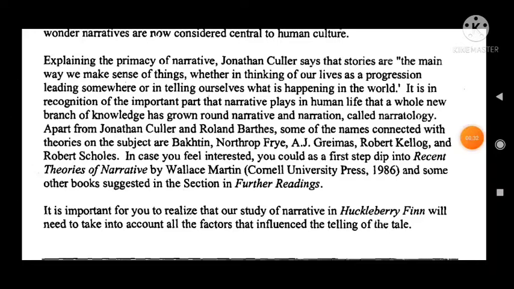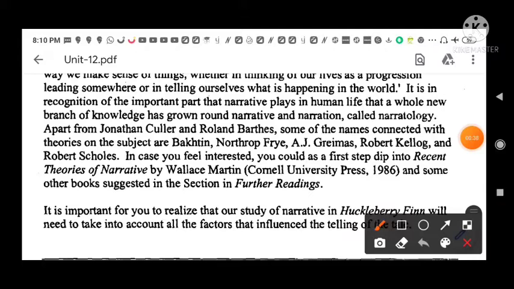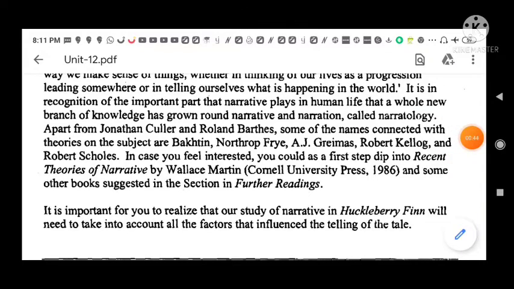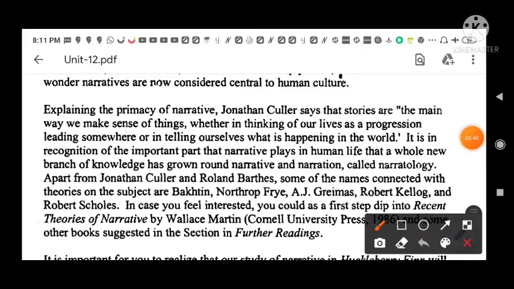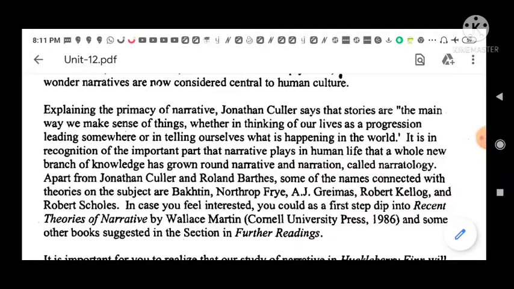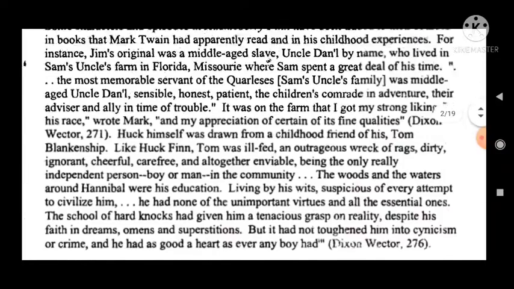So here is the main key point, which you can note down in your notebook, of Jonathan Culler. Jonathan Culler says the stories are the main way we make sense of things, whether in thinking of our lives as a progression leading somewhere or telling